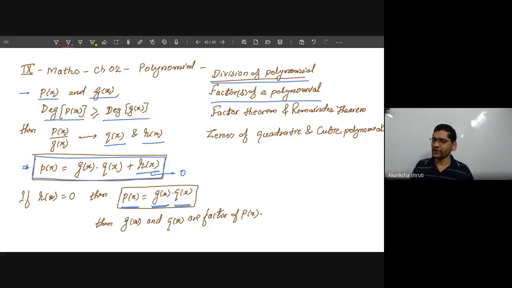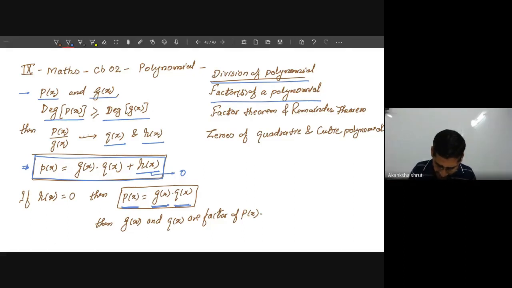At that time, what do we have to do? You have to divide the bigger polynomial by the smaller polynomial. If the remainder is coming as 0, then the smaller polynomial will be the factor. The other factor can also be calculated. Though we have also learned that this factorization can also be done by splitting the middle term, where a single quadratic polynomial was split as the product of two smaller polynomials or two linear polynomials. Each of the two linear polynomials was a factor. So what are all these things? These things we are going to learn with the help of examples and questions.